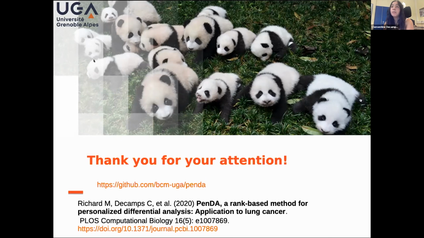And if it's missing data in your case sample, you can't analyze these probes, but it's not a problem. Panda works with missing values. You just don't analyze it.